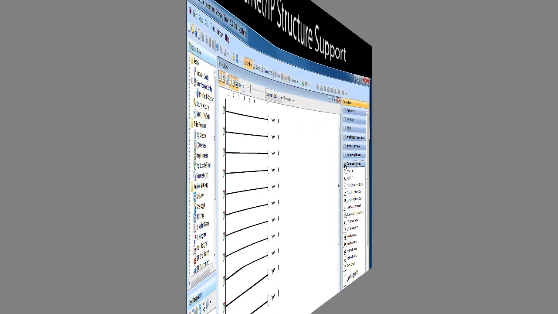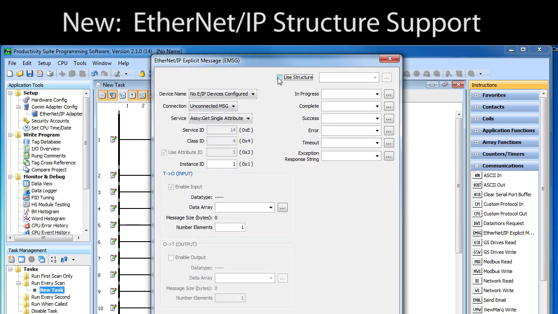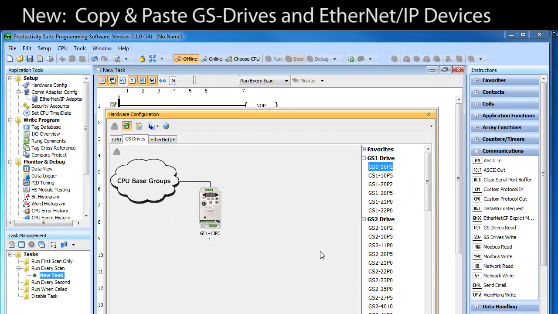This new Productivity Suite also has added structure support for the Ethernet IP instruction, which means you type one name here and the software creates all these standard tags for you automatically. I love that. And finally, in this new 2.1 version of the Productivity Suite software, you can copy and paste